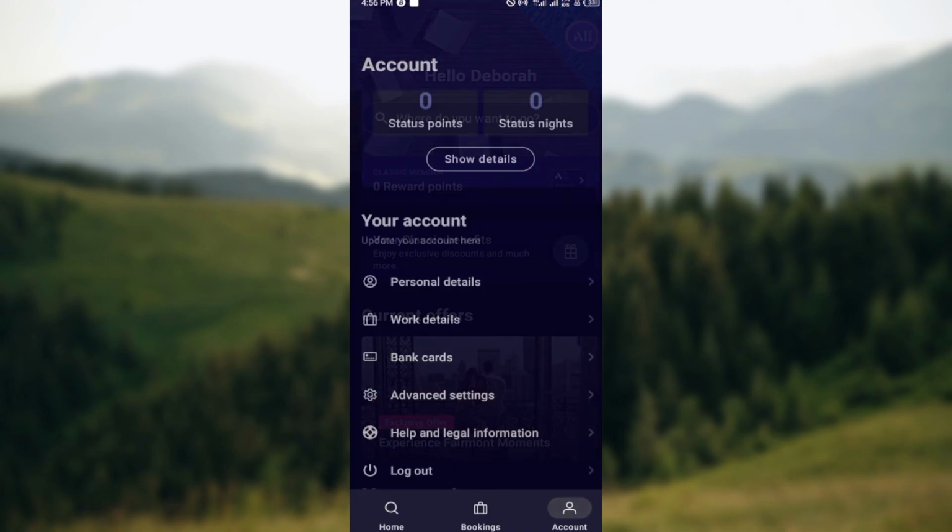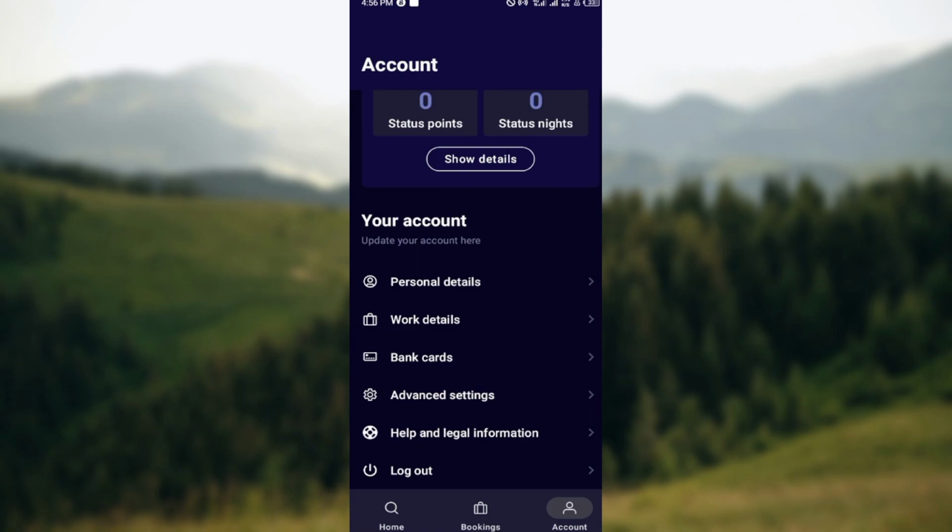Just go ahead and click on account. Once you click on account, you'll be brought to the accounts page. On this page, you'll see status points, status nights, and then your account. You see personal details, work details, bank card, advanced settings, help, and legal information. Then log out. Then you focus on the help and legal information since you're trying to contact all.com customer care